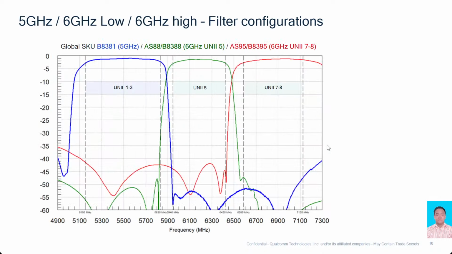And just another look at it. This is with, again, Uni 1 to Uni 3 with the Uni 5 and Uni 7 to 8. Just different variations of what the systems will look like down the road. So we offer,